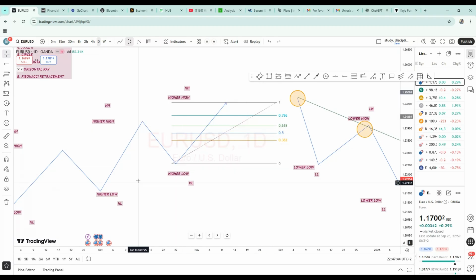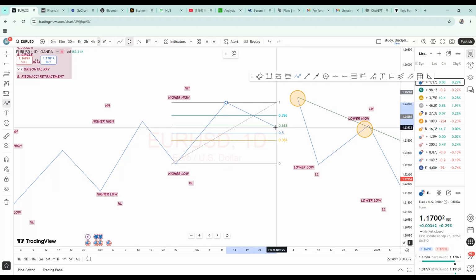As I said before, when the market is creating higher high, higher low, higher high, higher low, when the market creates this higher high, then we want to wait for a higher low to be created. So this higher low, this is where we want to identify on the Fibonacci level, because according to the rules of the Fibonacci, it has to retrace